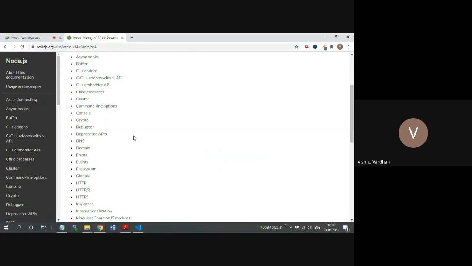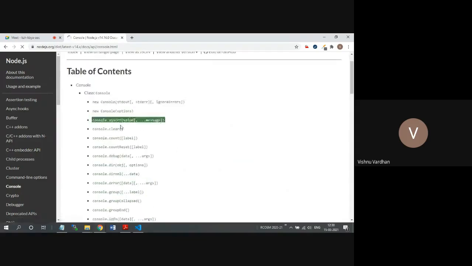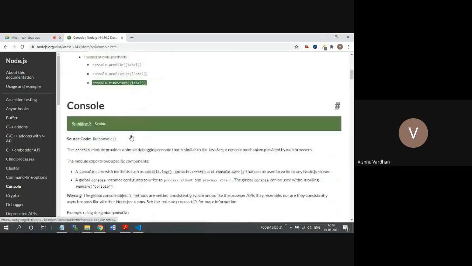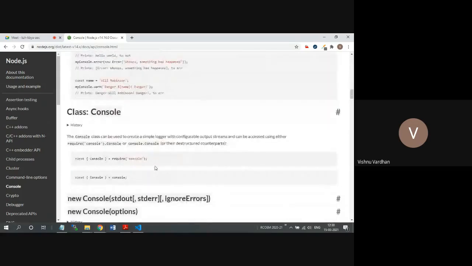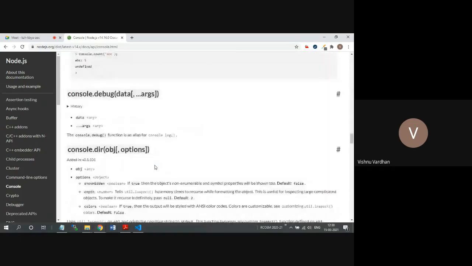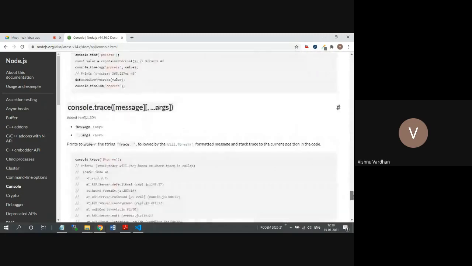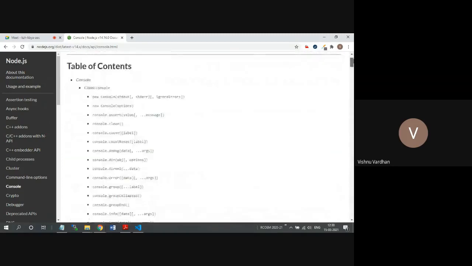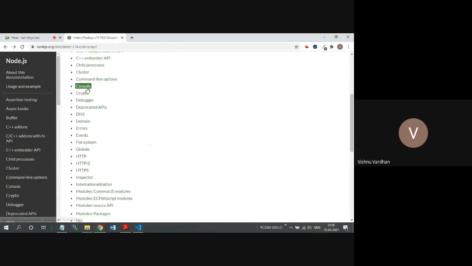Okay, so these are the default packages or modules that are available. So assertion, C++ add-ons, console. So console we have already used. Just click on this console. It will open up with all the supported methods and how to use them. You can see the sample demonstrations and many other things related to that particular package. Okay, so how to use errors and grouping of things. So all these are available, and this documentation is very, very good, and you don't have to look anywhere else. Simply click on the required package that you want to have in your application.